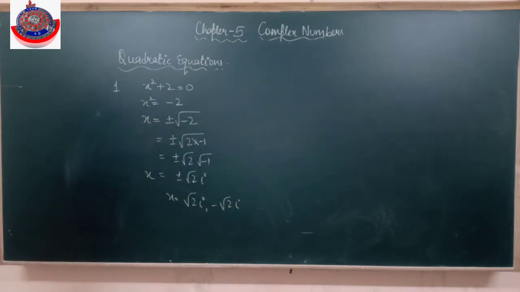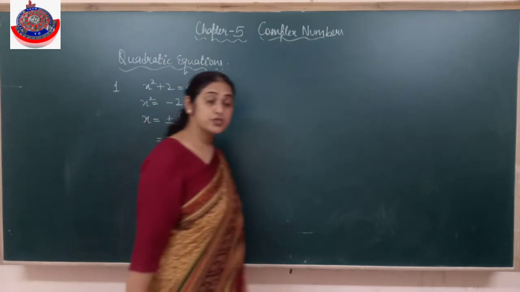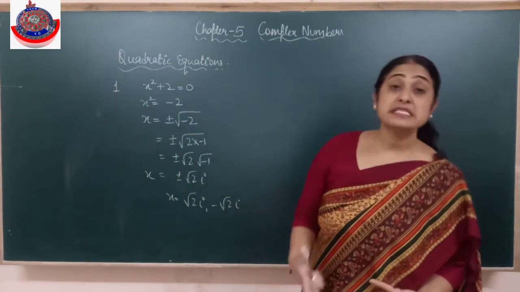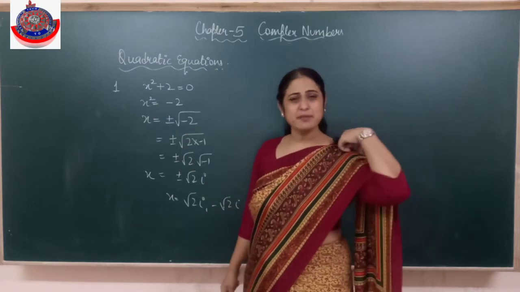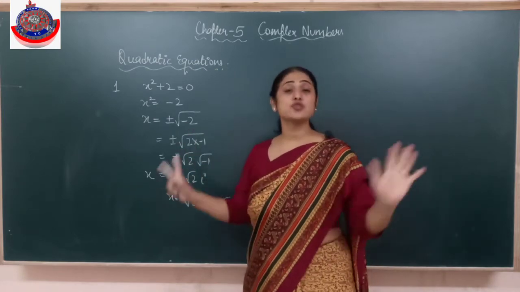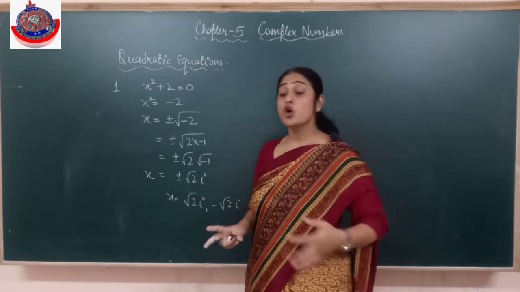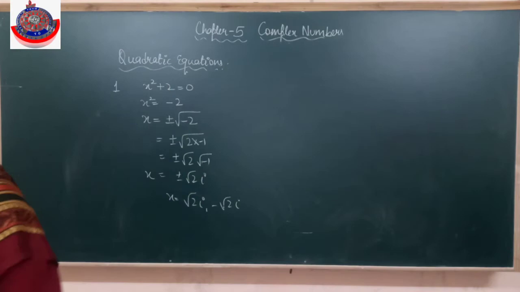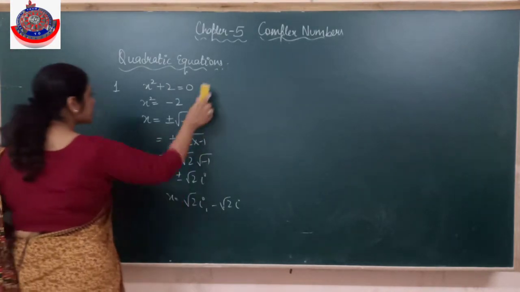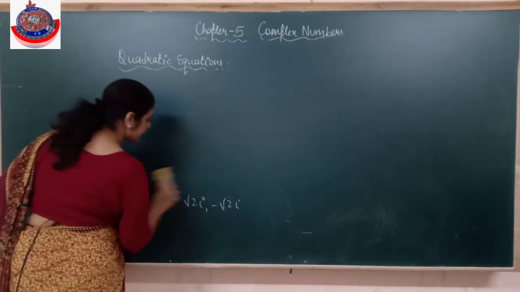Is it clear? Alright, so whenever x square plus 2 is equal to 0, if this were the real numbers concept till last year, we would have done it, remember the completing the square method too, that if under root has a minus, we leave the question there, no real roots. So now we are finding the complex roots of a quadratic equation also. Is it clear? Alright, let's see the next one.